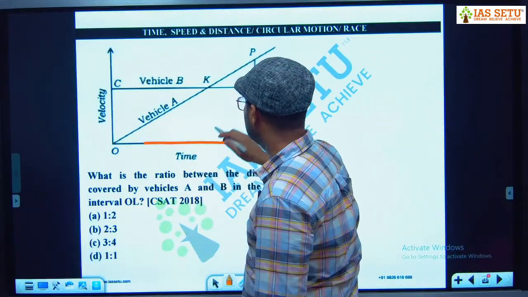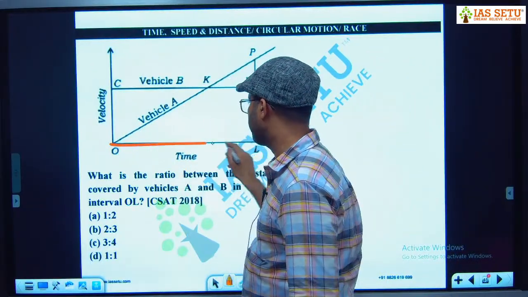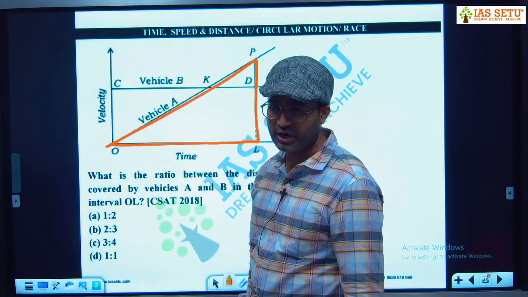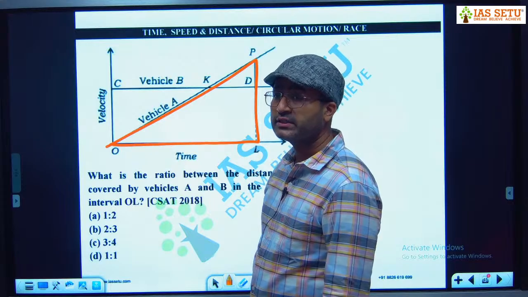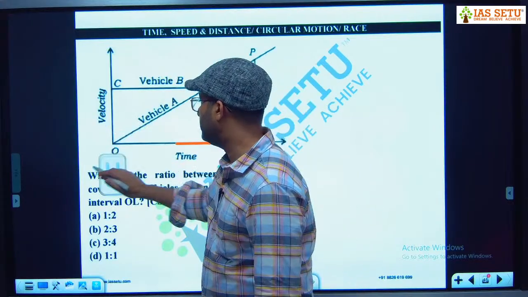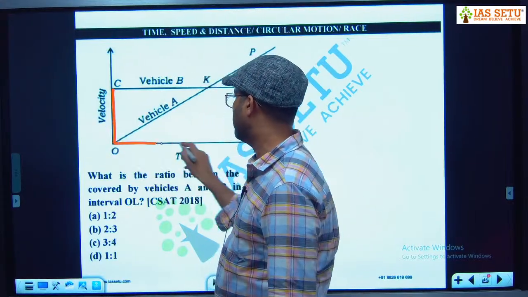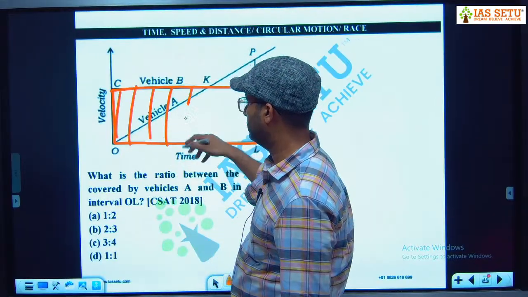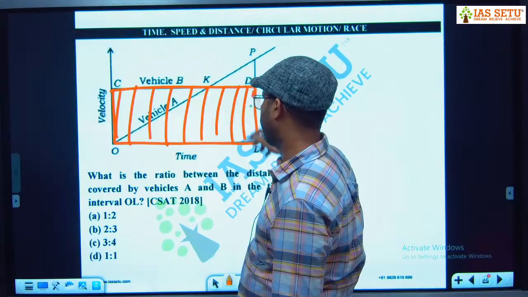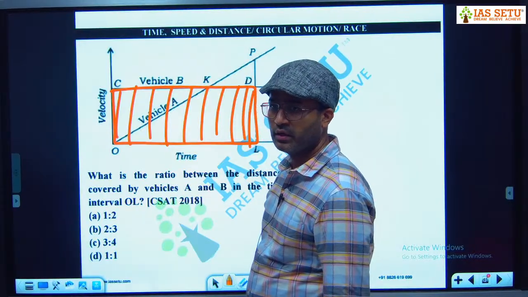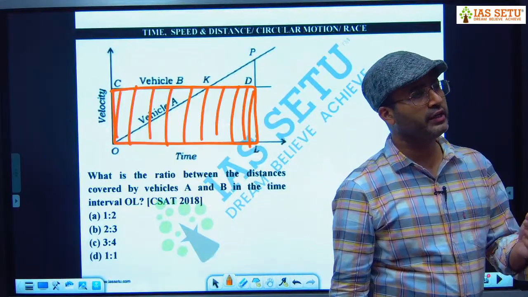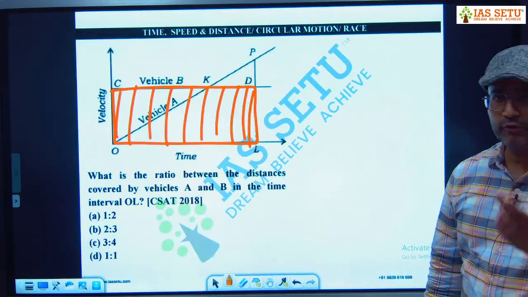I tell you, this area of this triangle. And what is the distance traveled by vehicle B? This area under this graph. Okay, so we have to find area of right angle triangle, we have to find area of rectangle. How we will find? See here,